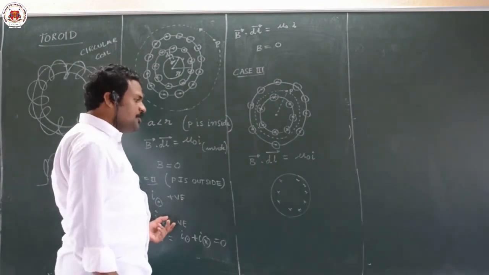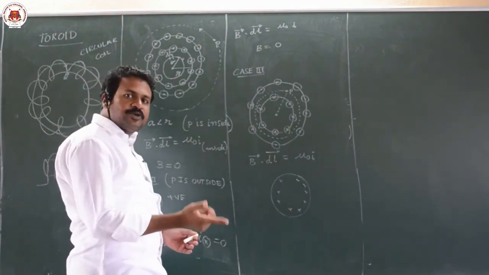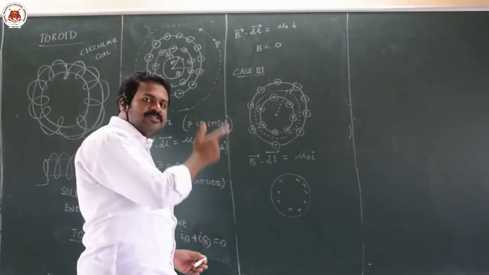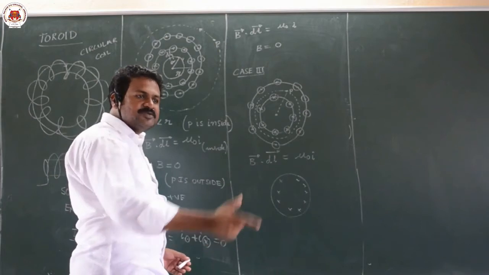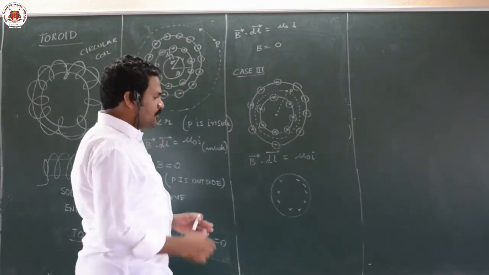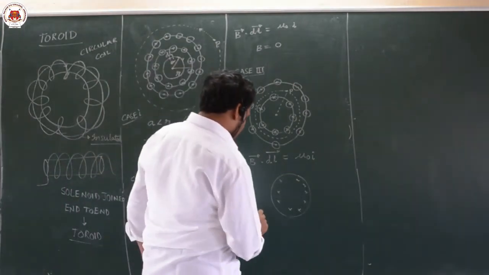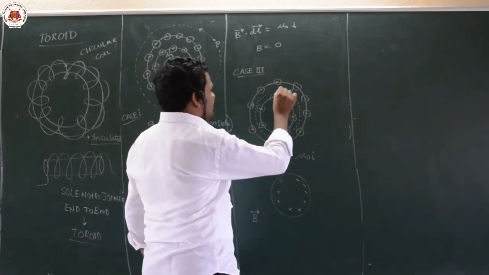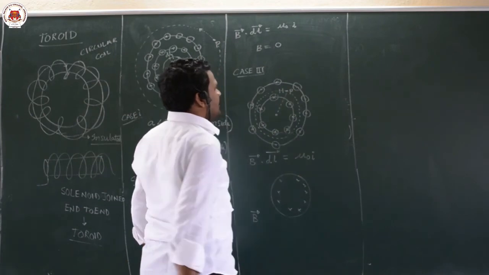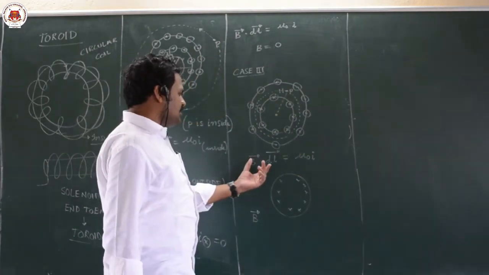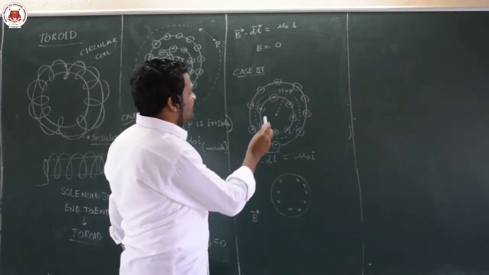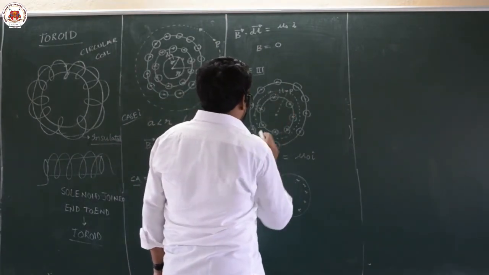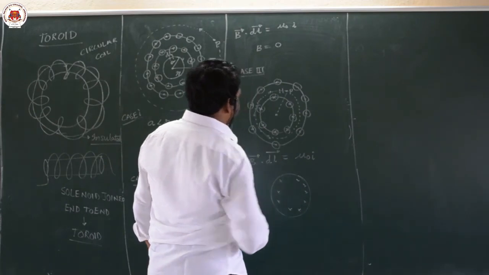Here I will have only I in, and that I in is also the total current given by this toroid only, because it is coming out like this, entering like this. The same current I is flowing like this. Therefore, here there will be a magnetic field. So what is the integration of B dot dl, and what is the cos theta you will get here? This you can observe here. This is the direction of B.